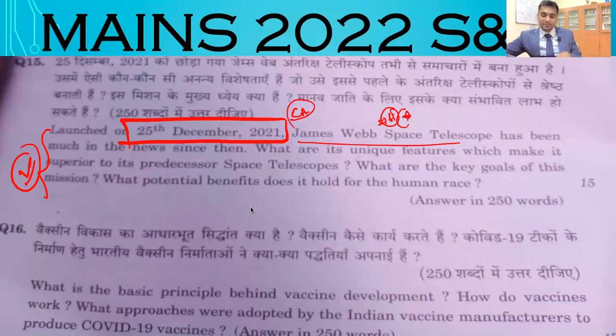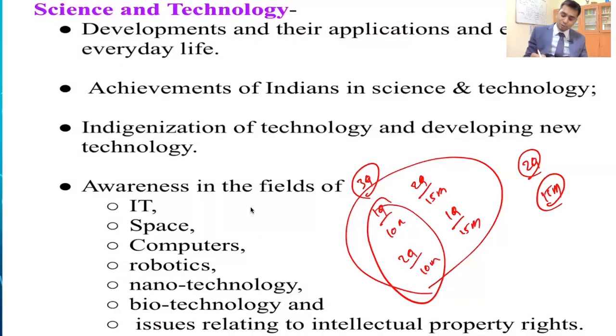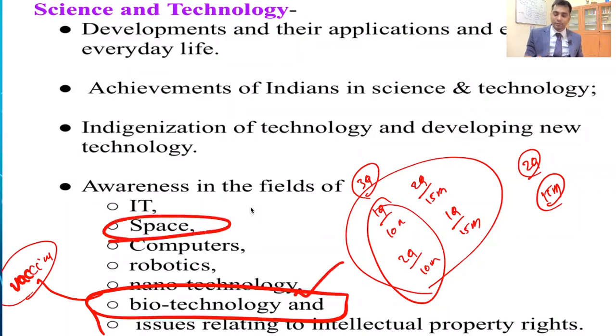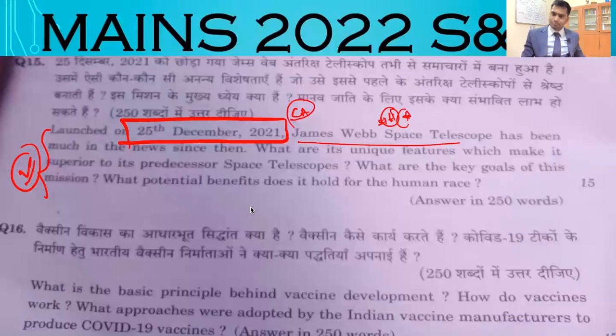Now, this is directly from the syllabus which they have taken from the so-called biotechnology. And this is an expected question from the last 3 years. We are expecting this question on vaccine manufacturing because of COVID-19. This is something which everyone will study as a part of biotechnology. You have studied it for your prelims. You'll also study it for mains. So there were 2 questions. One is from space. The other one is from biotechnology. Right. So this is something expected again.